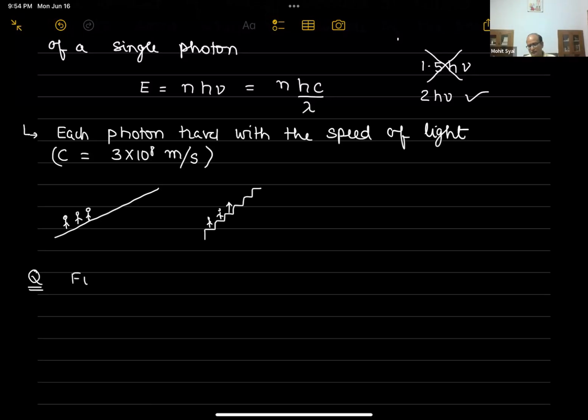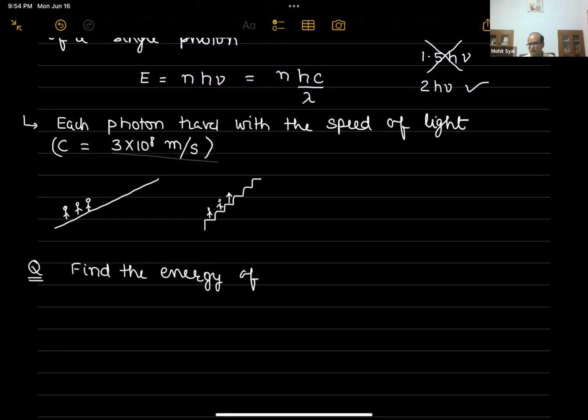So let me give you one question. Find the energy, and through this question, let me tell you a shortcut also, of a single photon, just one single photon. We can't see these particles of light. These are all experimental values. Okay. Find the energy of a single photon